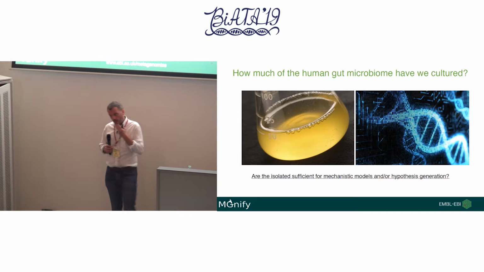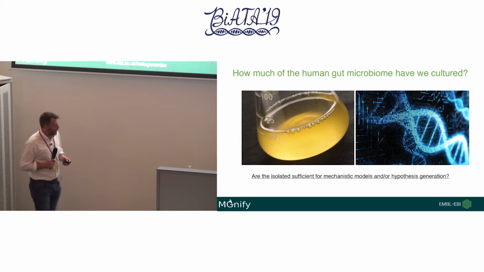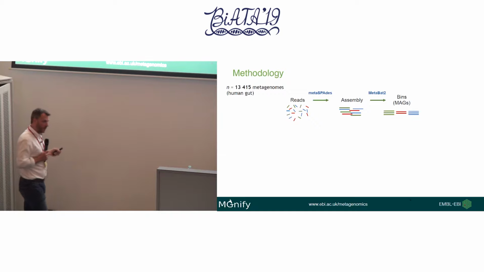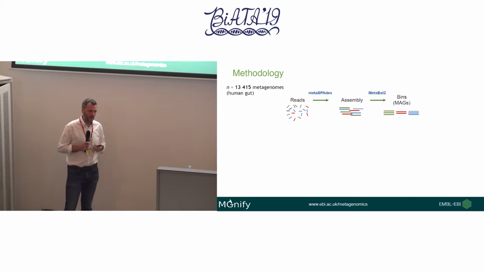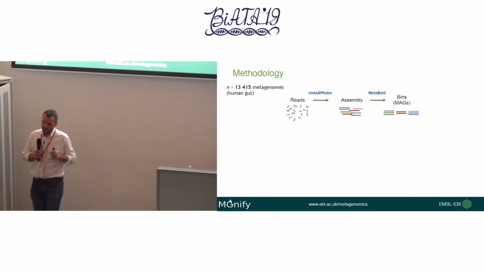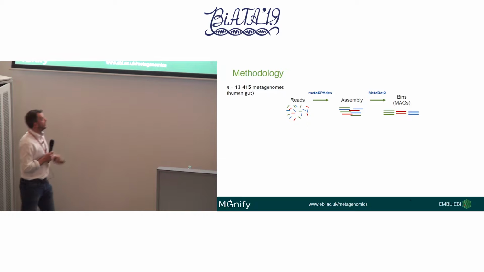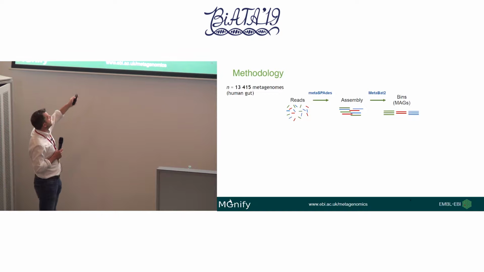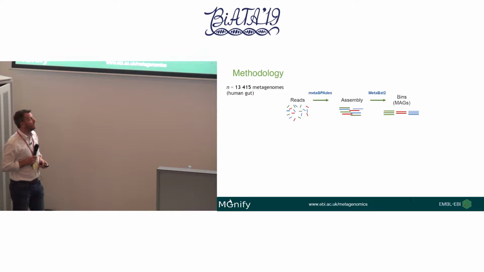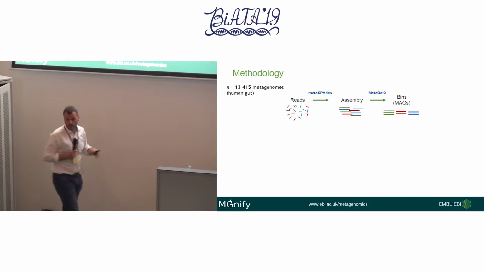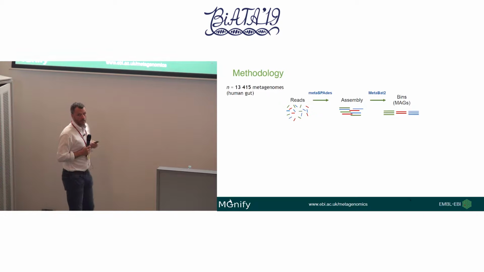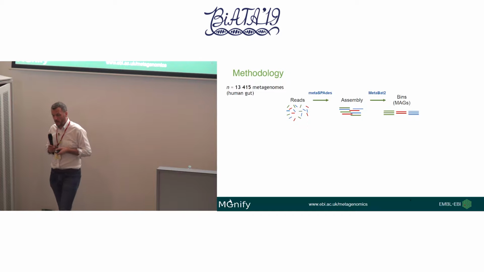So what we decided to do is to take as many public metagenomes that were from the human gut as we could, and we skewed our collection very much to samples that were typically annotated as being from adults rather than infants. So that's an important distinction. What we wanted to do is just take the raw reads, run metaSPAdes at scale to get the assemblies, and then bin those. Now this is very much like Mick talked about yesterday. We were doing single sample assembly and single sample binning, and we used MetaBAT 2 for that.